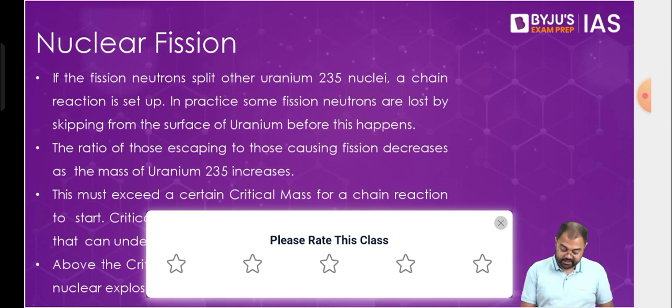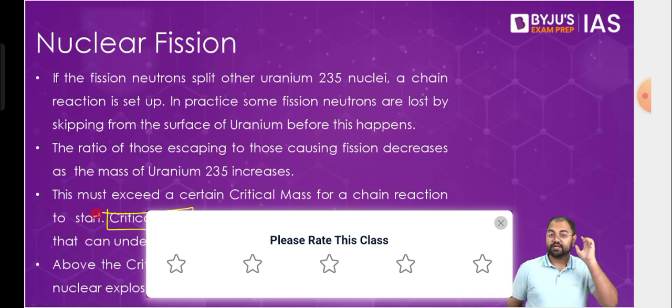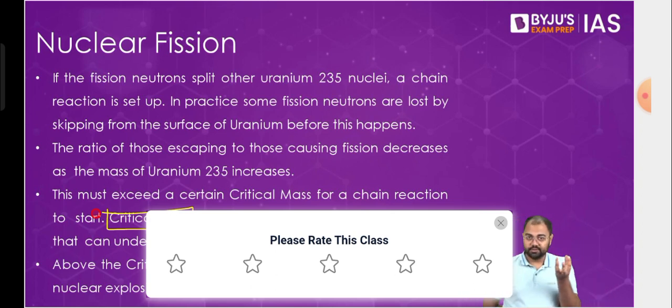To control this chain reaction, there is a concept of critical mass, which basically helps you control the chain reaction. To control it, we need a certain amount of uranium-235. We should not have more, we should not have less. When you have exactly the critical mass, this is where you can start using nuclear fission reaction for electricity generation.